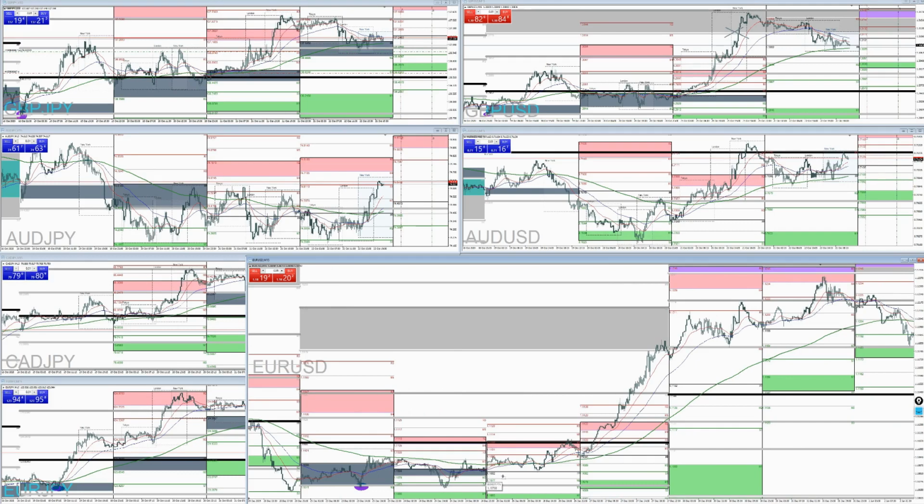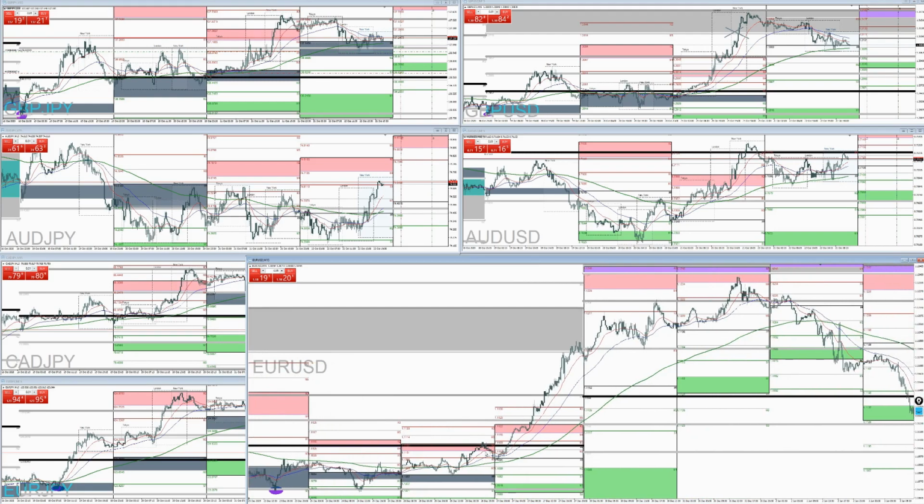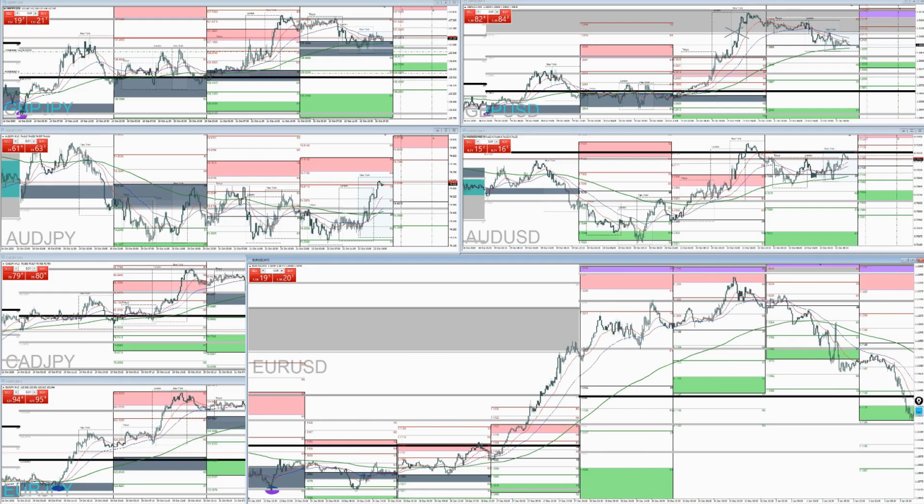Next day, we have an entry at the central pivot. With the spread, we're out at R3 plus 50 pips. The following day, because we reached the red zone, we're going to be looking at buying the M2. That is also a Friday, never occurred.